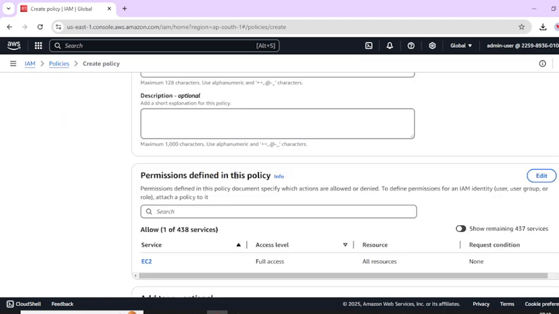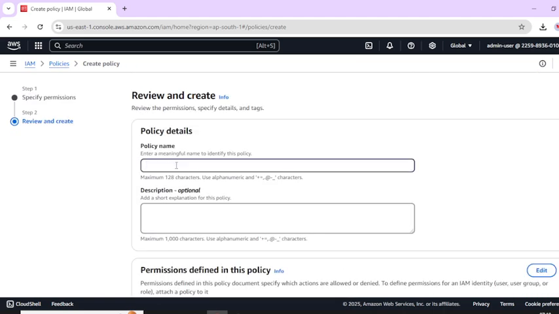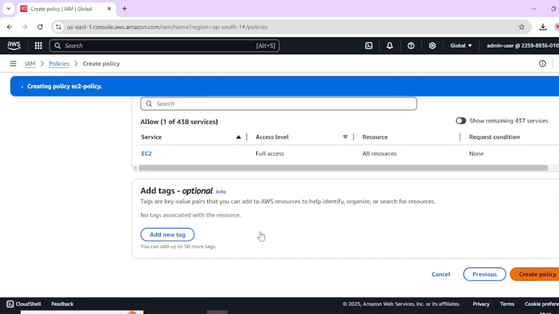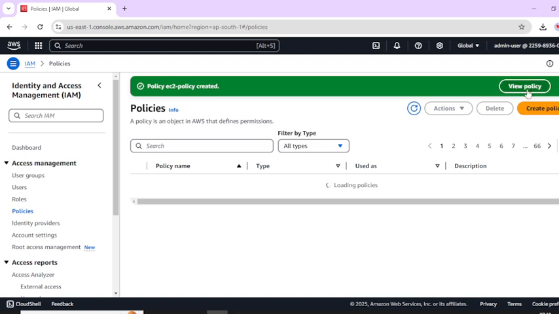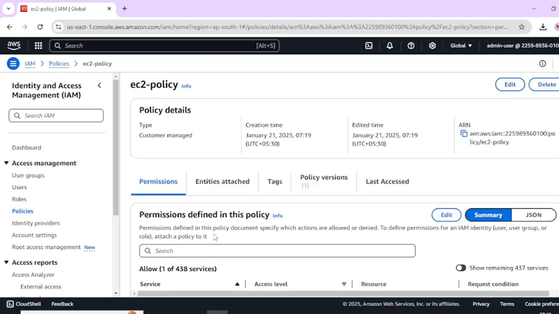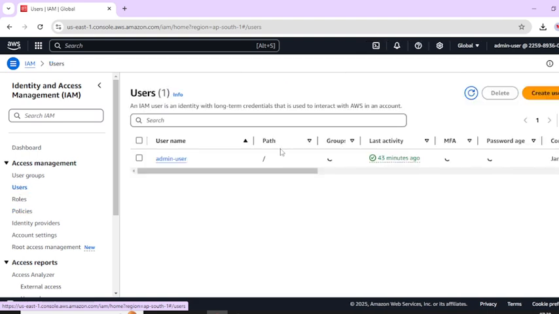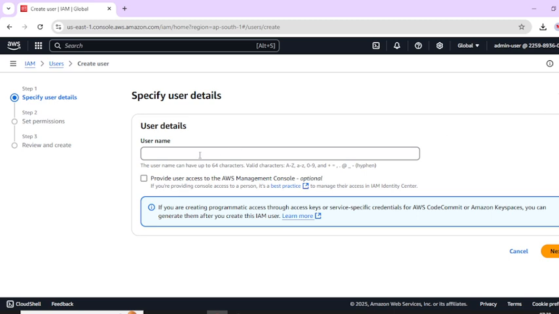Next, by giving the policy name, P2 policy. That's it. Policy is created. We can use it like this, showing EC2 full access, and we'll create a user and attach that policy to this user. Let's click create user and give the name EC2